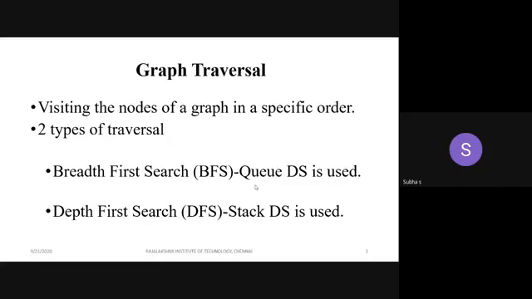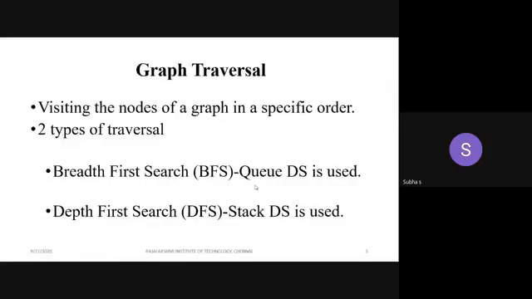In today's class, we are going to see in detail about BFS, breadth first traversal only, with a neat example. Normally in BFS, we use the queue data structure. In DFS, we use the stack data structure. You are very familiar with the queue and stack data structures. The queue follows which principle? First in, first out. In a stack, which principle is followed? Last in, first out. Okay. So now let's see breadth first search.